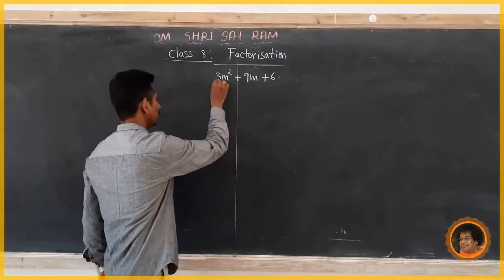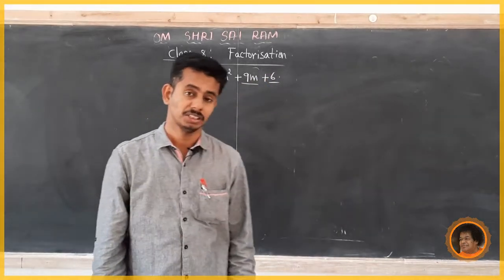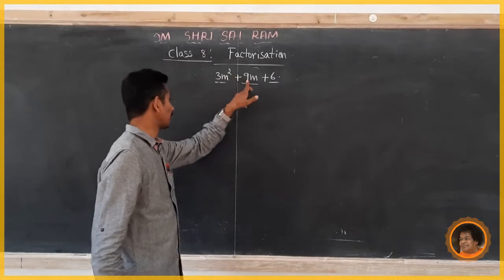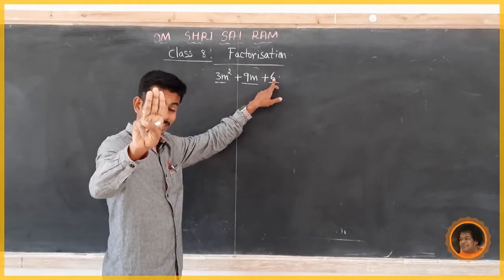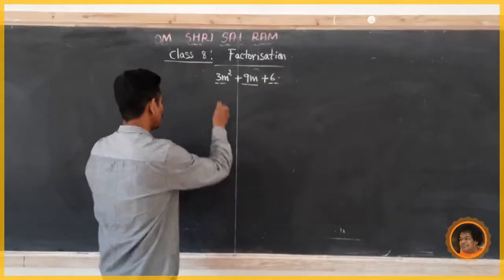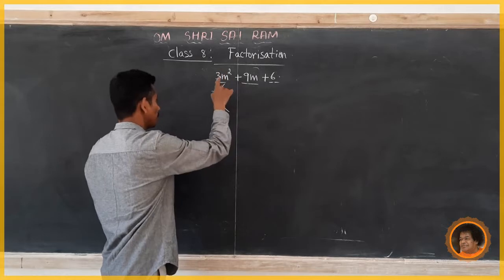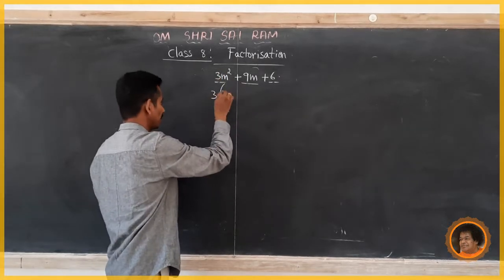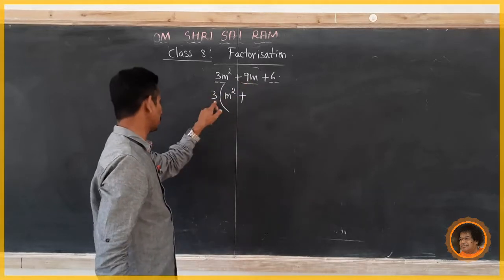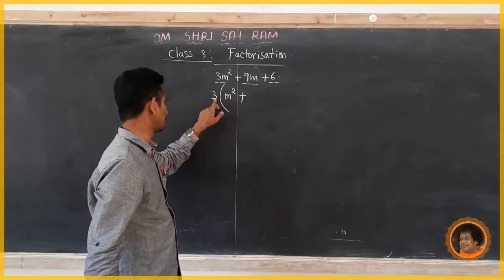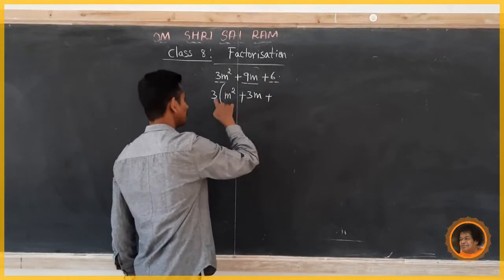In that, 3m squared, 9m, plus 6, which one is the common factor? Here 3, 9, 6, it is divided by the number 3. So, HCF is 3. So, take 3 as outside. Then 3m squared divided by 3 means 3 cancel, we get only m squared. Then plus 9m divided by 3, 3 threes are 9, and plus 6 by 3 means